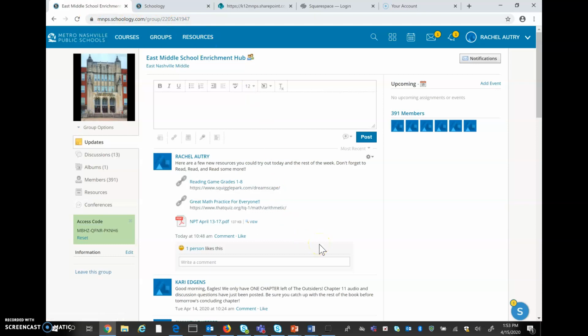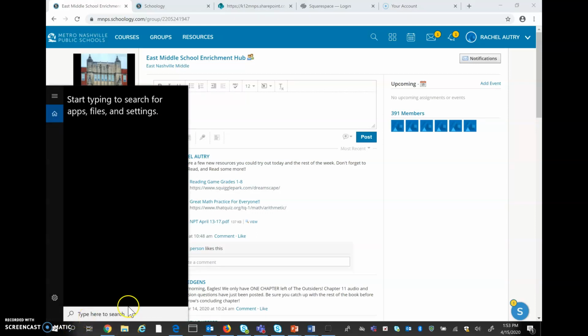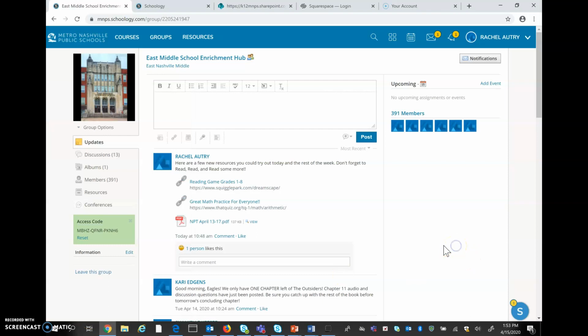I have found that this works best in Google Chrome. So that's what this looks like here. If you're not sure if you have Chrome, you should be able to go to your magnifying glass on your computer and search for it, but that is the best web browser that supports Schoology. There's also a Schoology app that you can download if you have a phone, and it's just Schoology within the App Store. You can do the exact same thing by typing in this URL in there.